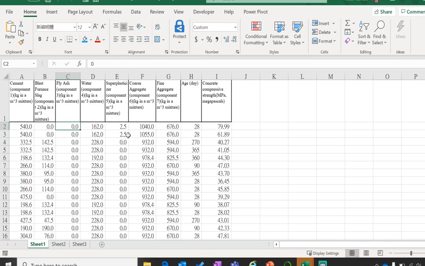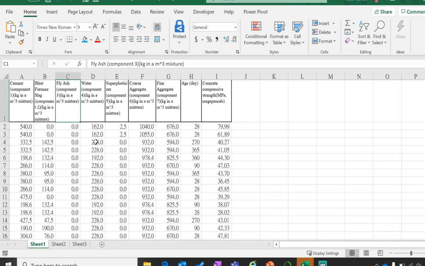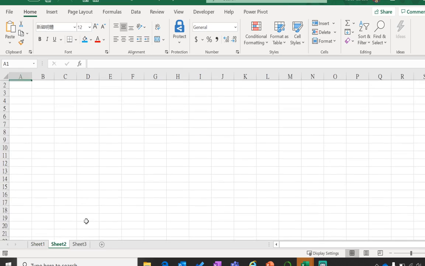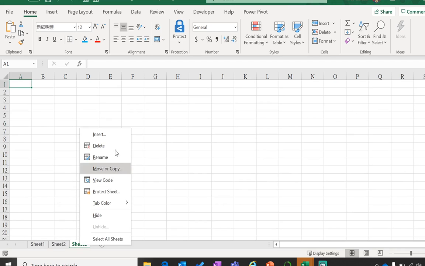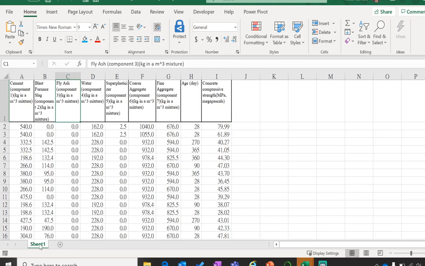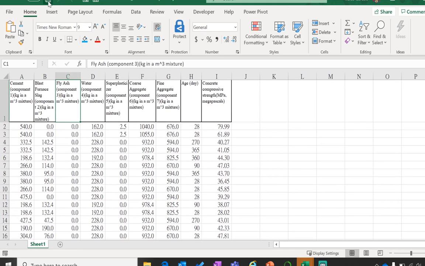and we don't really need to explore this in Excel, but we can just make sure it has 1,030 rows. 1,030 rows. We can take a look at these other sheets here, and oh, that's interesting. These sheets are blank, and that could potentially cause an issue for us when we import this into our Jupyter Notebook. So let's just delete these. So right-click, delete that, right-click, delete that, and we're just left with sheet 1, which is our data. So let's save that,